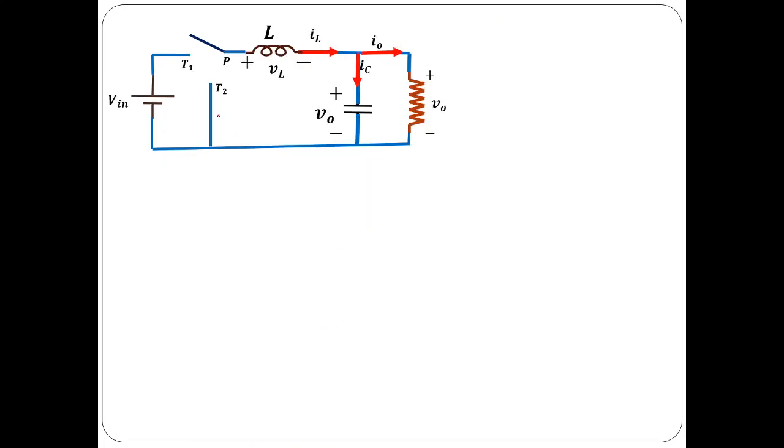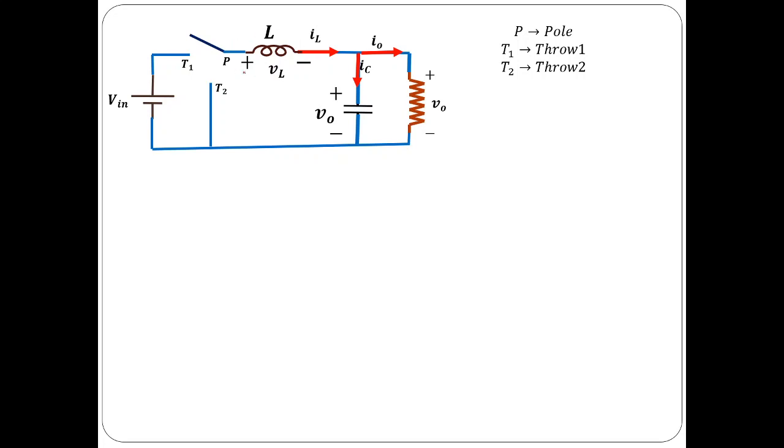Now see, the single pole single throw switch is replaced by a double pole... I'm sorry, it is a single pole double throw switch. We have only one pole, and that is connected to the inductor. So the pole always has to be connected to a component through which current has to be maintained, because generally throws are going to be isolated, but the pole is not going to be isolated. The pole is usually connected to either throw 1 or throw 2. In this case, the inductor current has to be maintained.